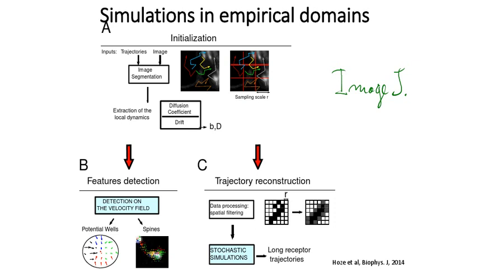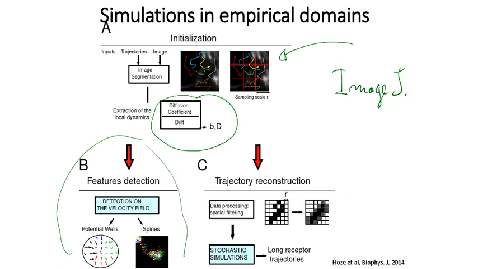So from your super resolution trajectory, you can obtain from the grid the diffusion coefficient and the drift. You can estimate any features of interest, such as potential well or drift, as we have discussed in the past. And you can do what we have described today, where we discuss this spatial filtering to go from here to here. And now we can simulate using stochastic simulation